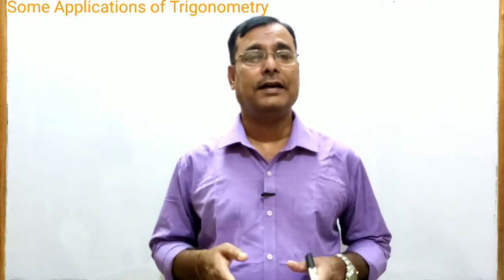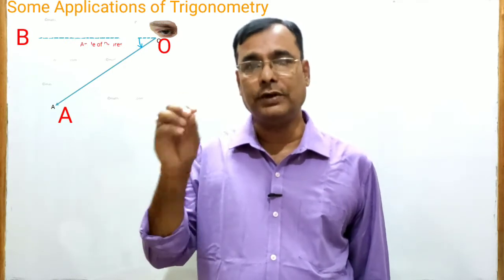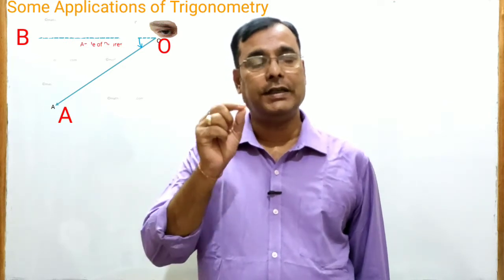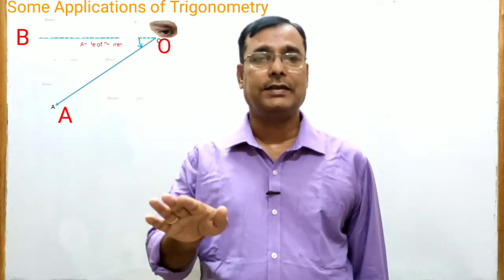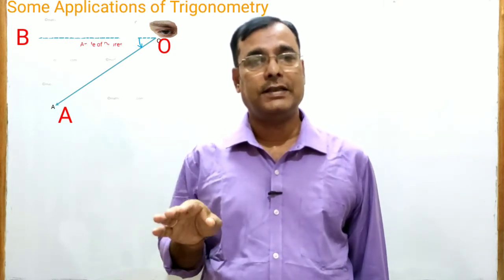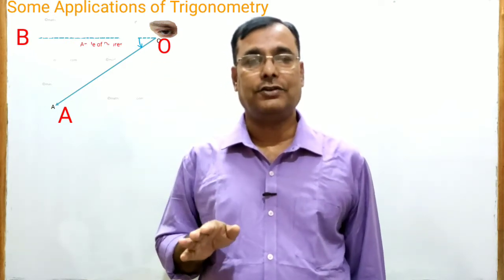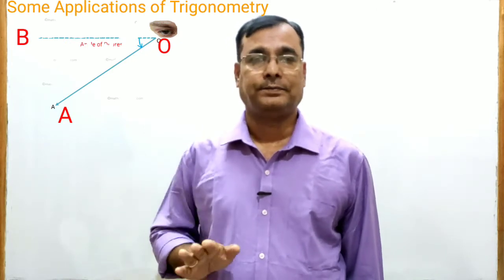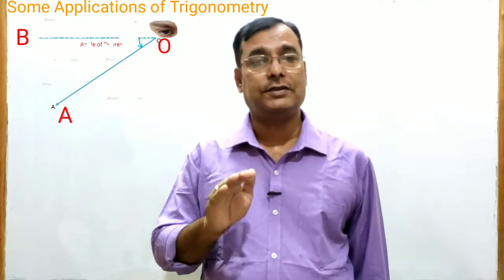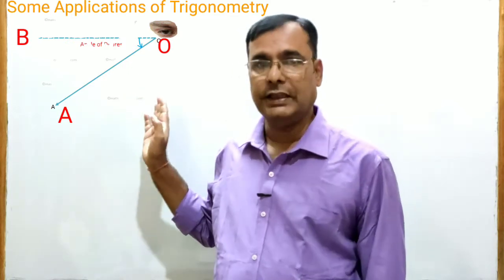Next is the angle of depression. When at a point of time you look at an object below your eye level, then the line joining the eye point and the object is again the line of sight, and the angle formed by this line of sight, which is below your eye level, with the horizontal is called the angle of depression. This horizontal line is always drawn parallel to the level ground, as shown in this figure.